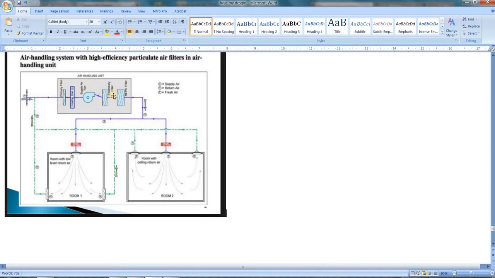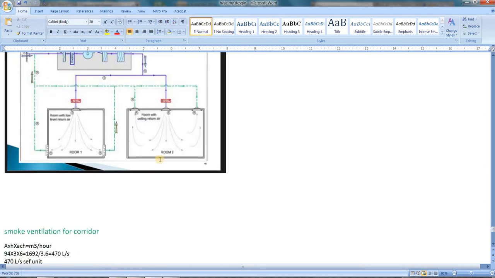This is the pressure handling unit, and this one is the rotation. Pressure comes in, extract goes out. Again, there is heat recovery, everything is there. From here again recovery, everything comes again. This is the way the pressure handling unit works. There is also a chilled water provision there.